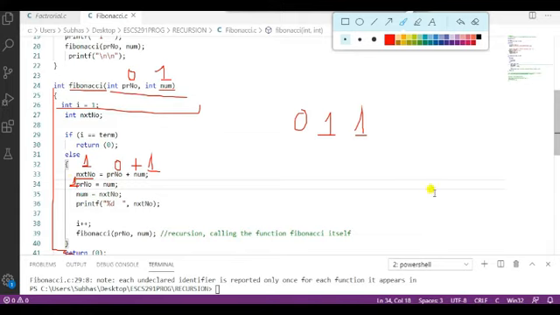Now the next number is assigned to num. Then I will print the next number, so I will get 0 1 1. Then i plus plus. Initially i equals 1, and i plus plus means that when we call this function, it will keep calling this function up to, this is my base condition of the recursion. Suppose I want to get the 5th term. So when i becomes 5, then it will return 0.